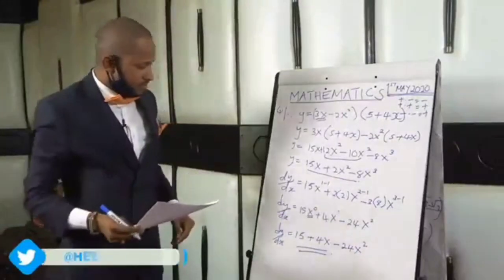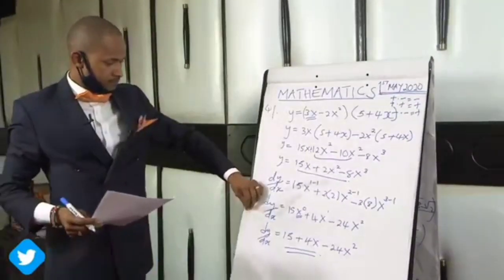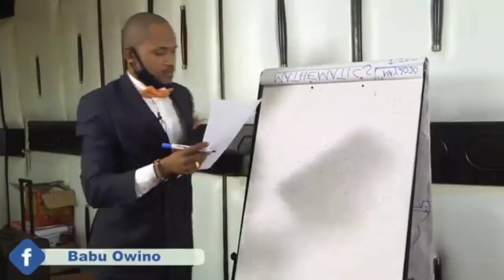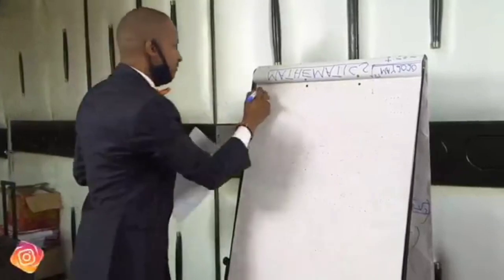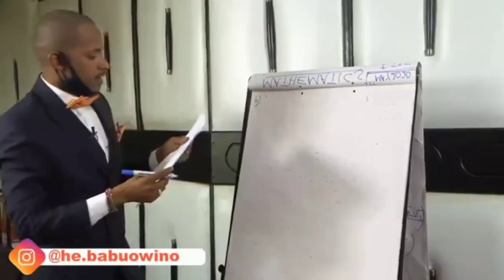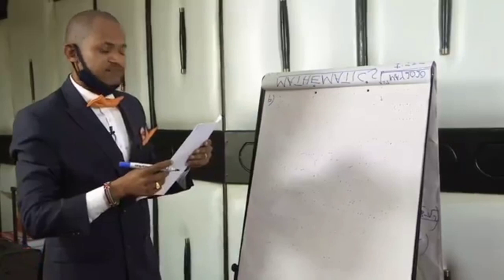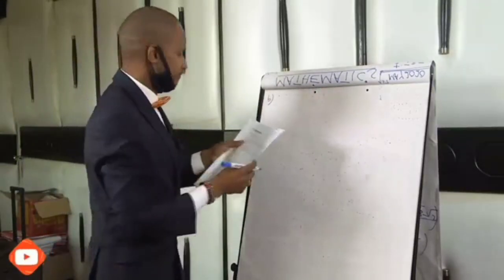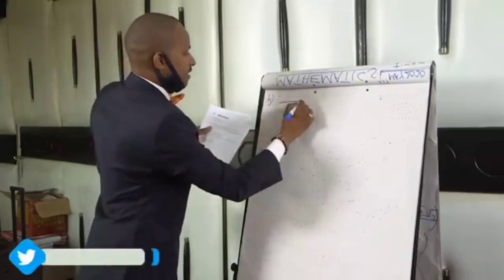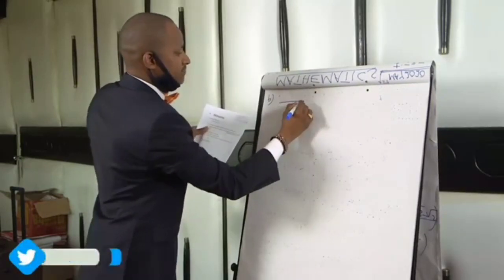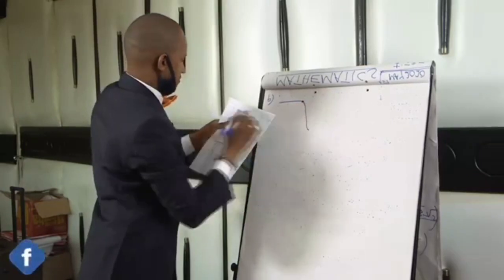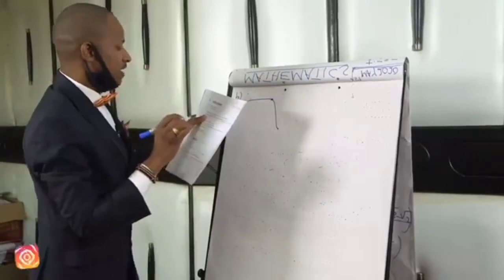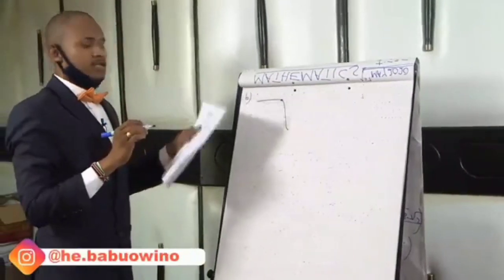Proceeding to part B of the question. Part B of the question is: a diver leaps from a diving board 32 meters above the surface of a swimming pool. So if this is the surface of a swimming pool, then the diver leaps from a diving board 32 meters above the surface of a swimming pool at time t seconds. His position